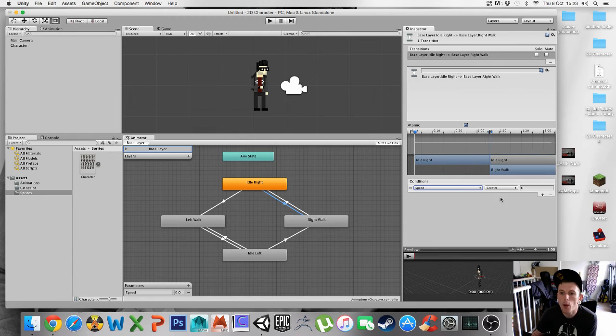In the box next to that, we are presented with greater or less than. We need to tell Unity that when the character container is moving at a given speed, it must play the right walk animation. So we set that to greater than 0.1. As soon as it detects a movement of greater than 0.1, it will play the right walk animation. The linkage back from right walk to idle right needs to be set to speed of less than 0.1. So when it detects a movement of less than 0.1, it will play the